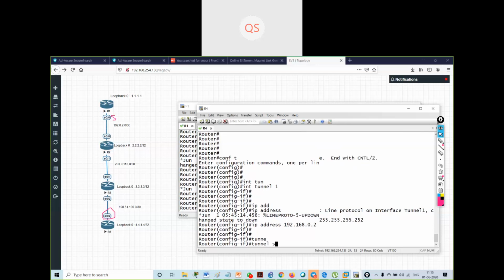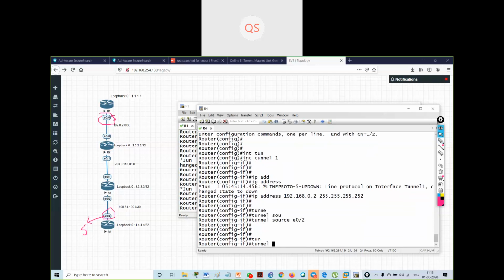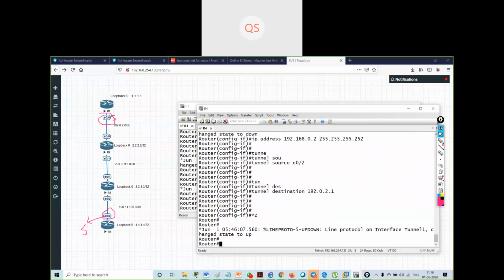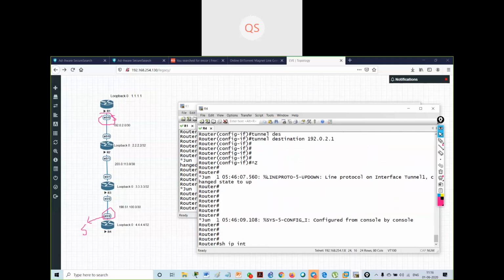Then I will give the source. On R4, my source is Ethernet 0/2 and the tunnel destination is 192.0.2.1. To verify, I can use show ip interface brief.